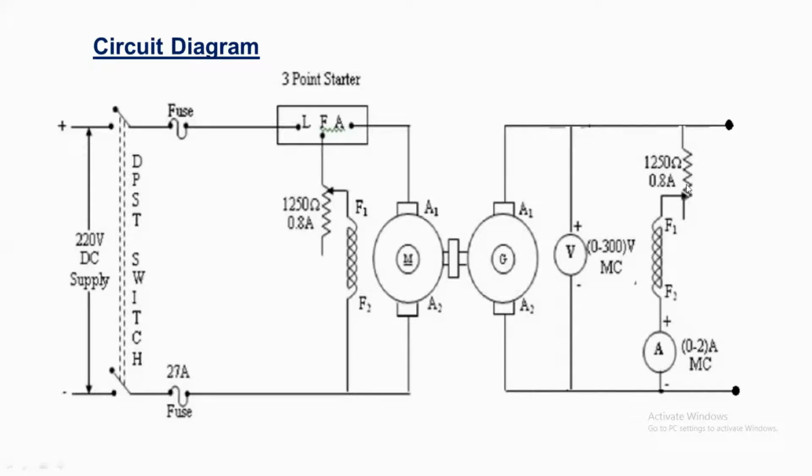After that, reduce the resistance. Some current will enter the field winding. The field winding is energized, so the magnetic flux increases and the generated voltage will increase. Then again reduce the resistance in steps, and correspondingly measure the field current and the voltage. The reading is taken up to the rated voltage of the generator, which is mentioned in the nameplate details of the generator.